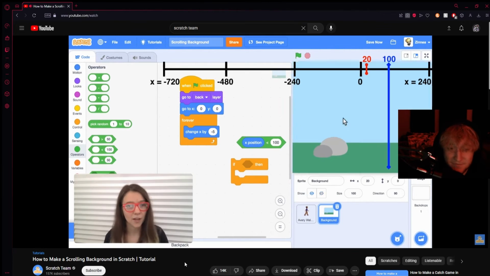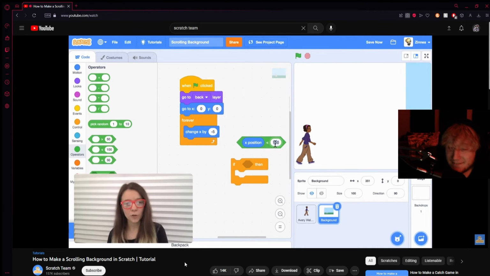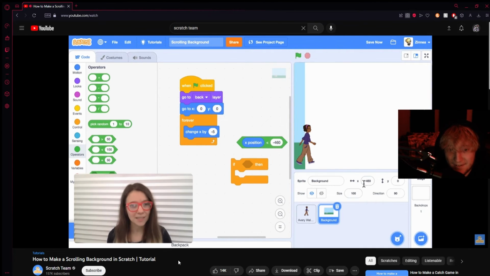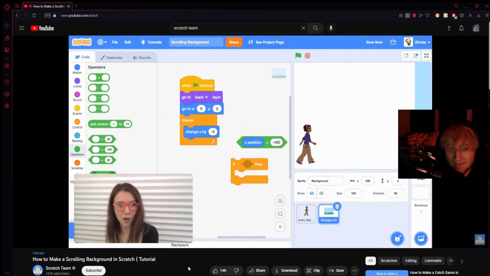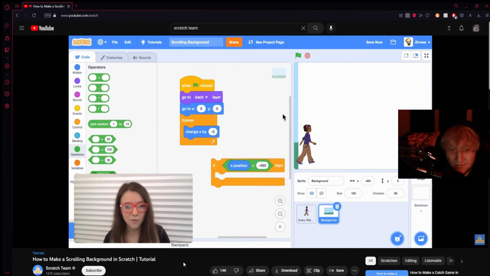But then if I drag it over here and X is 351, let's see if that's less than 100. There we go. It's false because 351 is much greater than 100. It's not less than 100. But instead of 100, let's put in negative 460 because that's what the X of the backdrop is when it's all the way over here. So if its X is less than that, then we know it's time for it to go back over here. So this will check if X is less than negative 460. And then if it is,